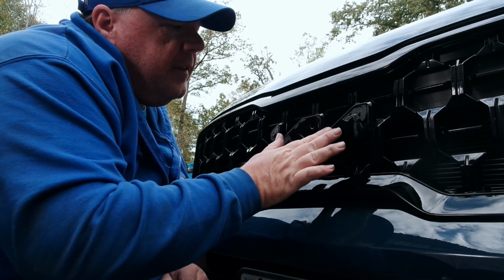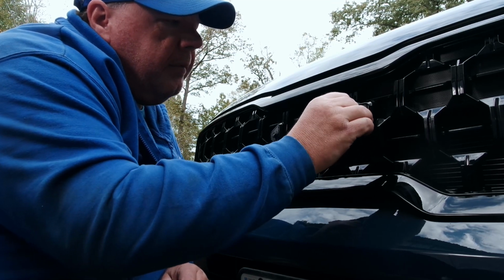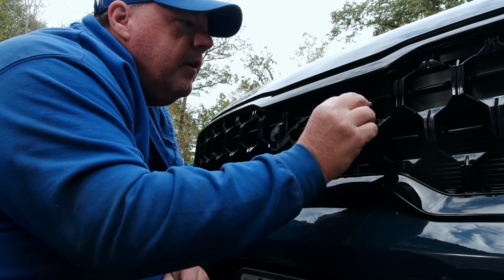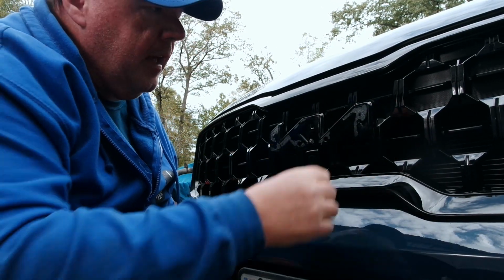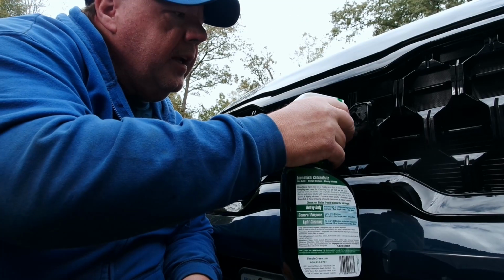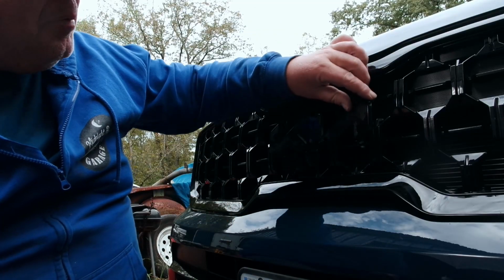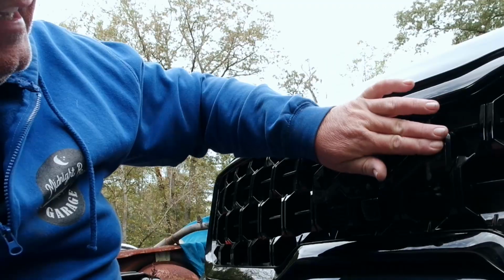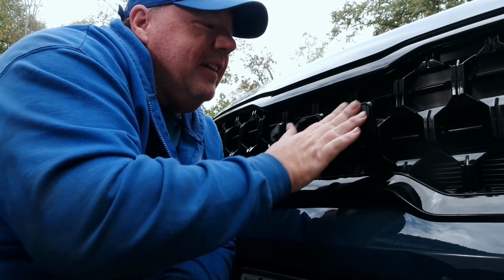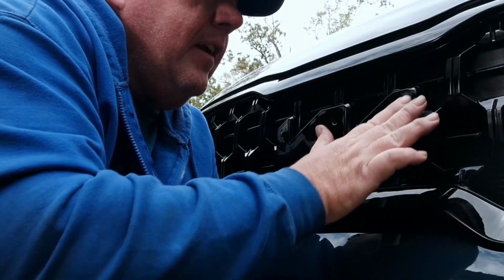Problem with chemicals is this grill is made out of plastic. You never know what the chemical is going to do to the plastic. If it were metal, I'd be a lot less concerned. But it's not metal. You can also probably try soapy water. Let's try a little bit of Simple Green on here. Yes, WD-40 might work. I'm not trying to spray chemicals on the plastic, because it's a 2024 and it's not mine. Right, you've got to get the WD-40 off. Everything you add to it is more you've got to get off later. Again, if you're not in a rush,